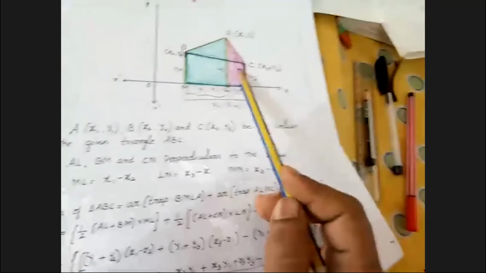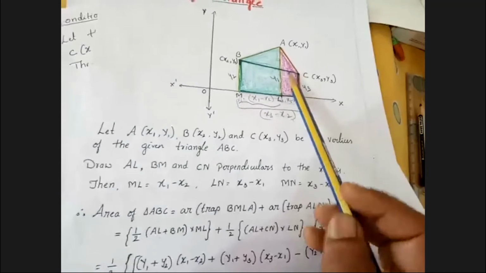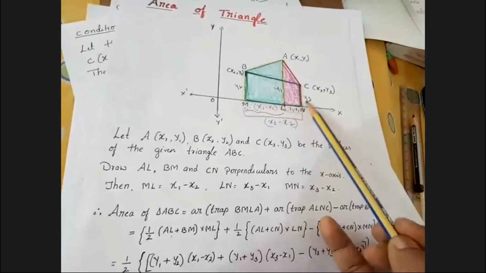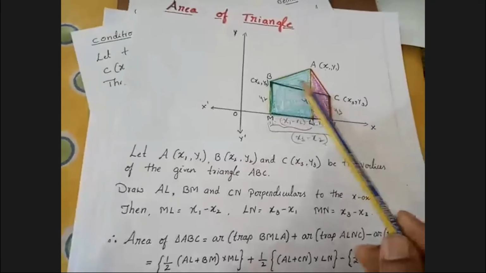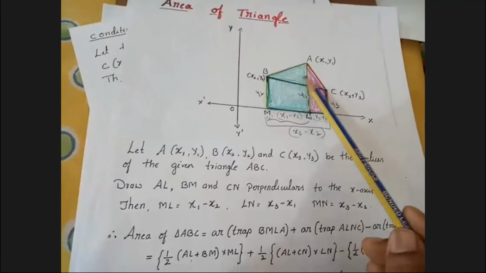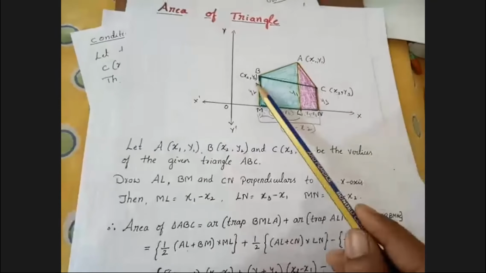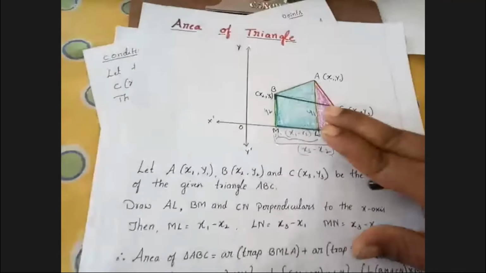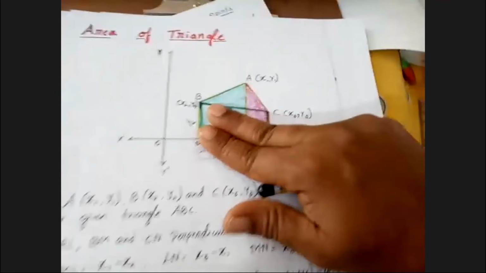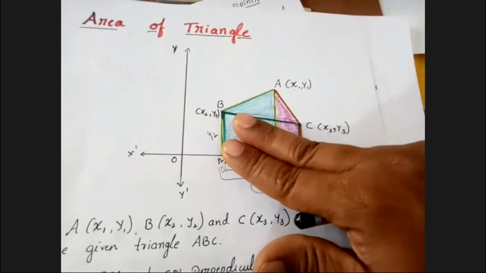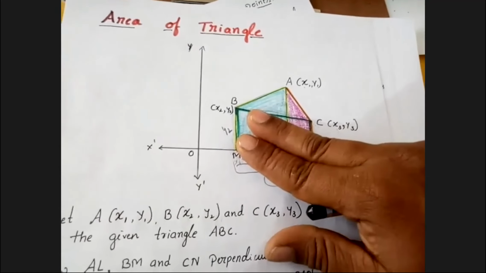Here we just explain. Find the area of these two trapezium. So this will cover the entire space. So we need only this area of triangle ABC. So subtract this area of this trapezium, and we'll get only the area of this triangle ABC. That's what I have done here. Am I clear here?